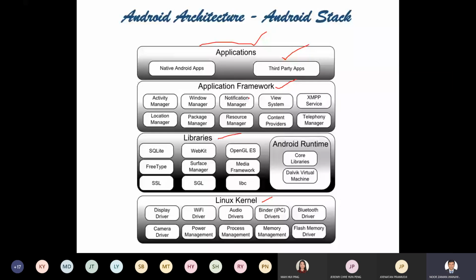Then the application framework. What is the application framework? Here it contains the Activity Manager, Windows Manager, Notification Manager, View System, XMPP Server, Location Manager, Package Manager, Resource Manager, and Content Manager. This framework provides support to our applications. For example, if you are using an application which requires location, who is responsible for helping with this? Here, the Location Manager provides help to all of your apps for